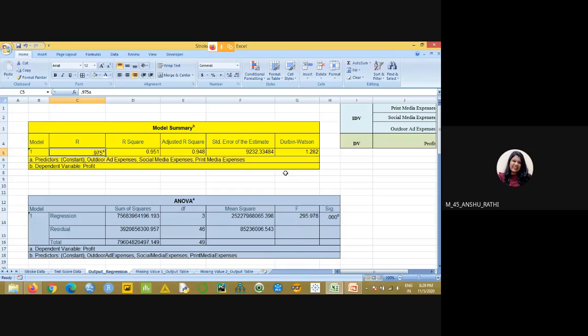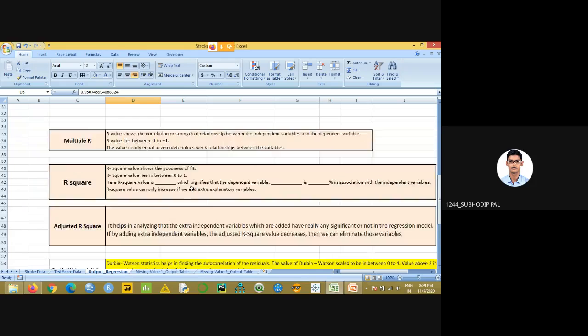Here I can say that the R value is 0.975, so I can proceed to further analysis. My R square is 0.951. Okay, so this is how we write the interpretation. Here the R square value is